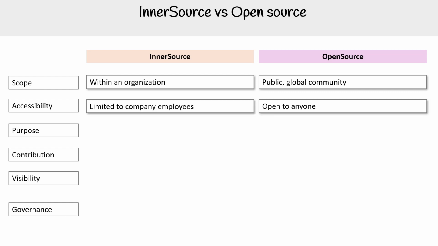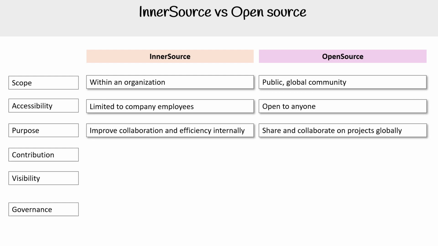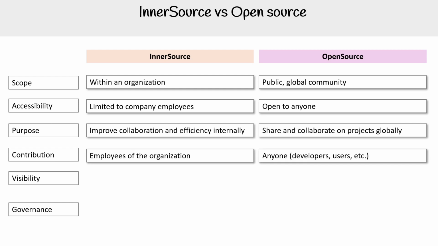In terms of accessibility, inner source is limited to company employees, whereas open source is open to everybody. For purpose, inner source improves collaboration efficiency internally, whereas open source shares and collaborates on projects globally. For contributions, employees of the organization contribute for inner source, and for open source, it's about anybody, such as developers